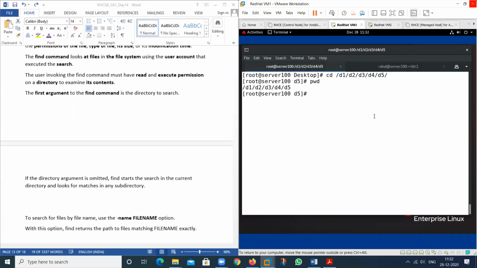Then tell me in which location this particular file will be copied. Now tell me, if you have understood all the things, then you can provide the answer in a correct manner. Now tell me, in which location will this particular file be copied? If you understand this whole concept, then you can provide the answer.